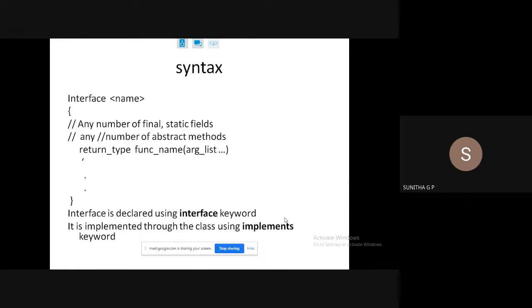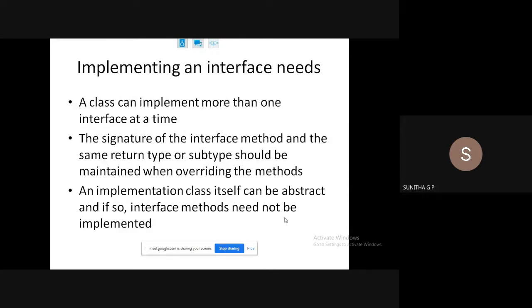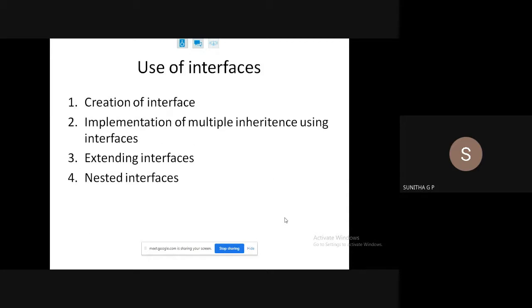Okay, so this is the previous class slide. The interface in Java can be used in the following ways. We have seen a simple example of creating an interface: just have one interface, define two methods, use a class, implement that, and define that interface's methods in the class. One interface can be implemented by many classes, and one class can implement more than one interface. That is what we have to remember. So that is the creation of an interface.